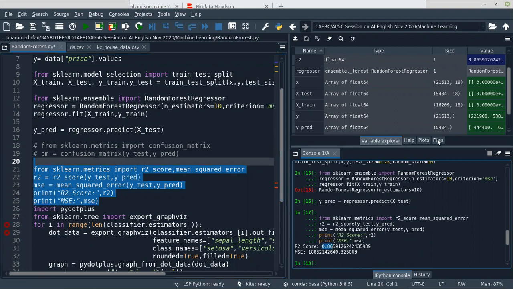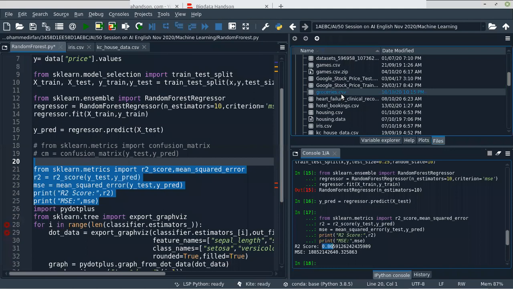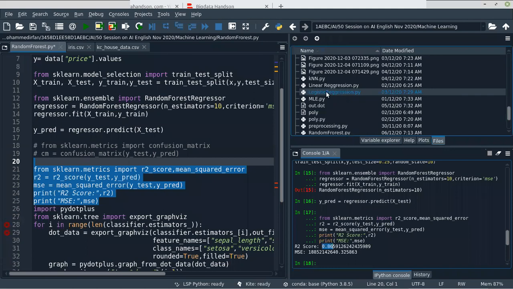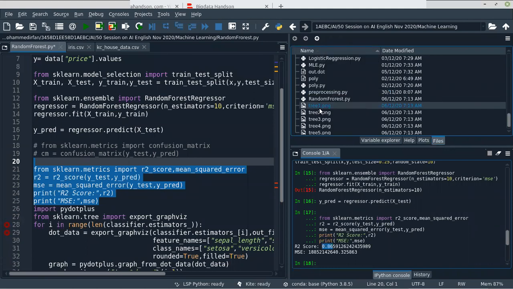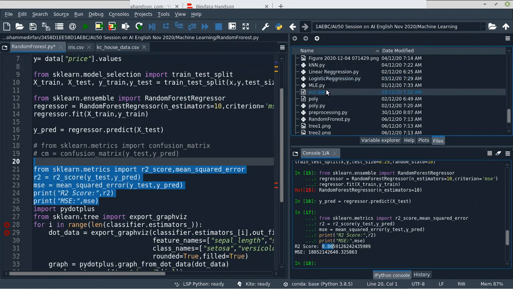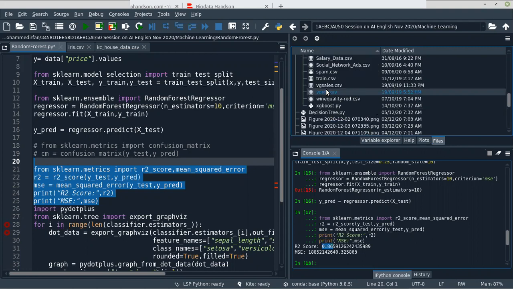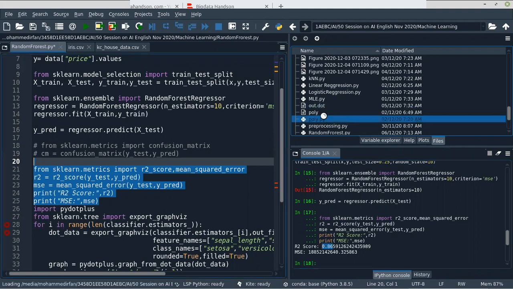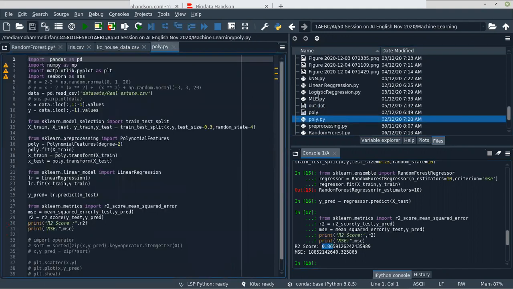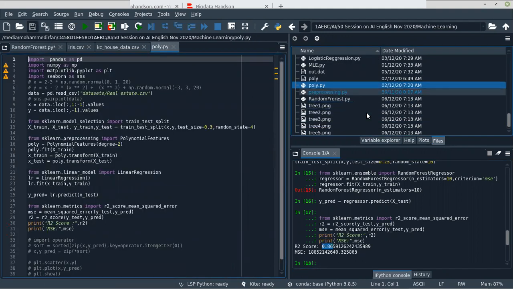Actually, previously I think we used the Casey house data on a different algorithm, maybe the polynomial. I think not, that is real estate.